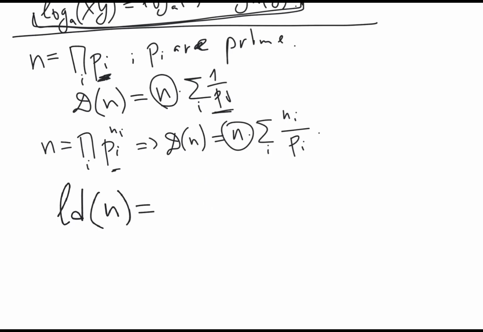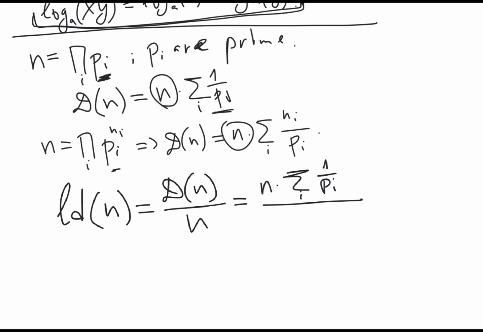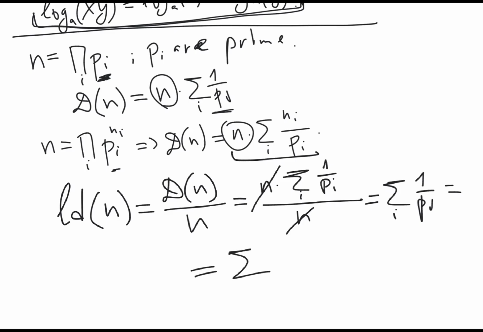So it is equal to d of n over n, which is n multiplied by the sum of 1 over pi, sum over i, of n. Now n and n cancel each other, and we have simply the sum of prime numbers. Or if we choose this representation, it is also equal to the sum of